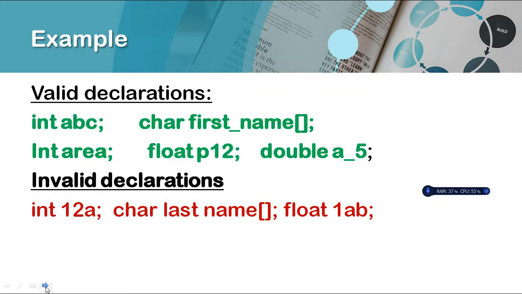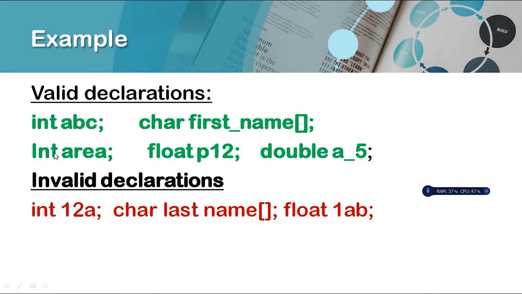Now these are some examples of how we can declare variables. These are valid declarations. You can start with an alphabet, right? So it is of type integer, and ABC is my variable name. Because it consists of all alphabets, it is a valid declaration. Now coming to this, see here, first name. I have two words, so I can use an underscore in between. This is an underscore symbol. This is also valid because I can't give any space between them.